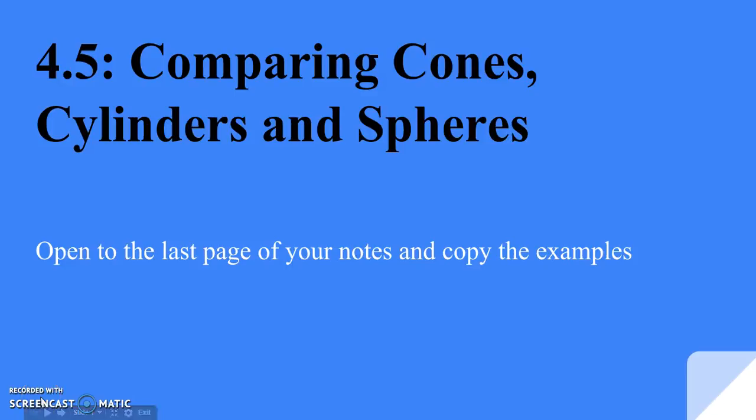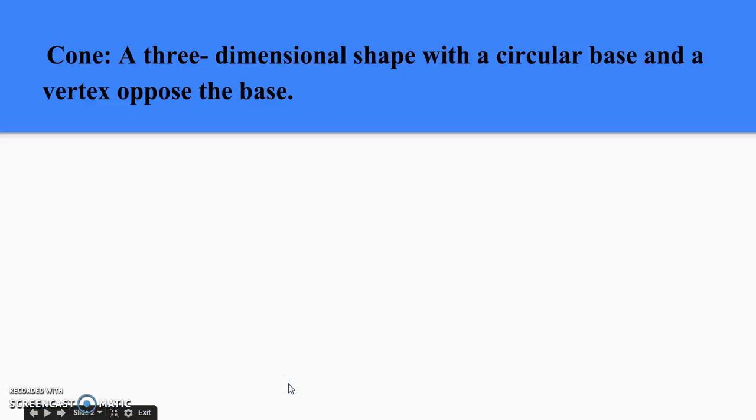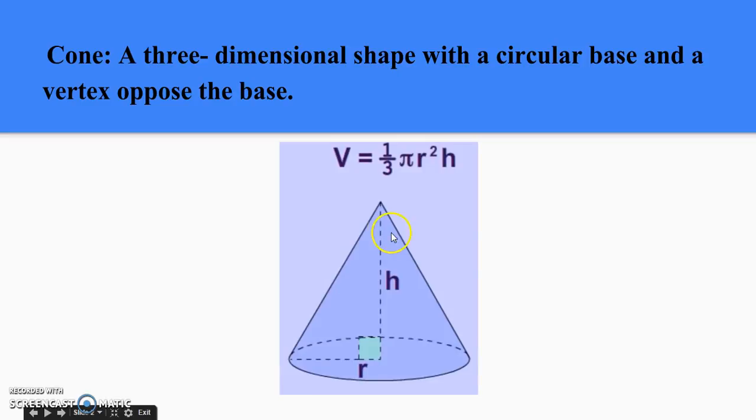Okay, now that you know where the volume formulas for cones and spheres come from, go ahead and open to the last page of your notes and copy the following examples. So here's just the definition of a cone, a three-dimensional shape with a circular base and a vertex opposite the base. And you'll see here your volume formula for a cone: 1/3 pi times the radius squared times the